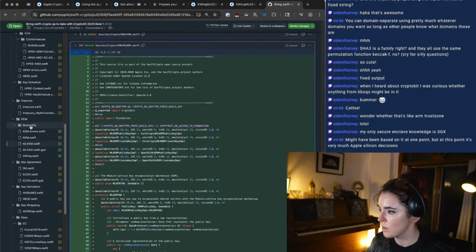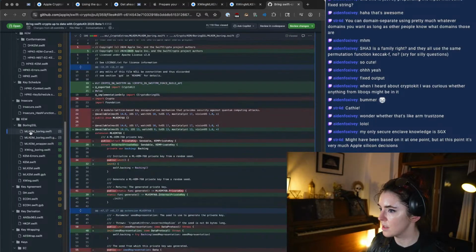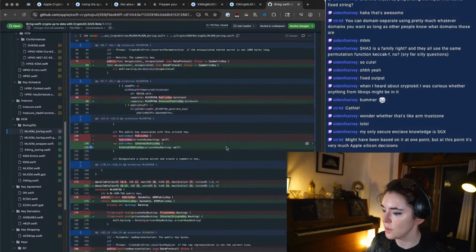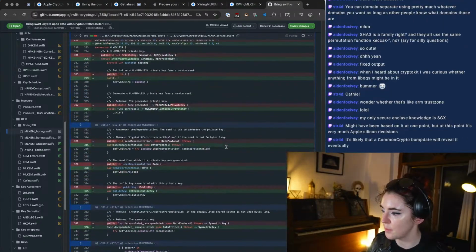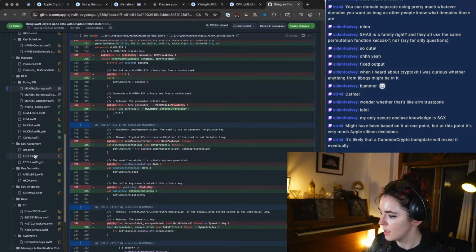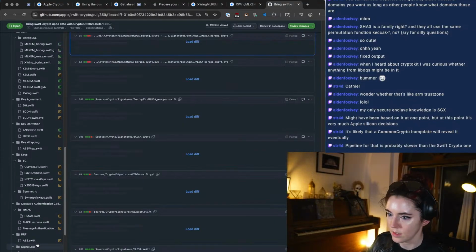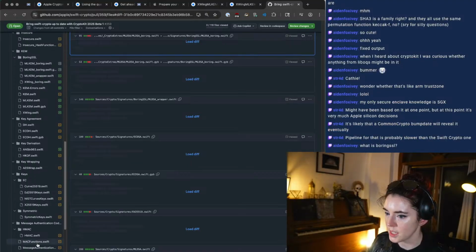Now, this is interesting because it almost appears like the Swift Crypto stuff is actually wrapping BoringSSL. Yeah. BoringSSL is Google and Chrome's primary SSL/TLS library and their main